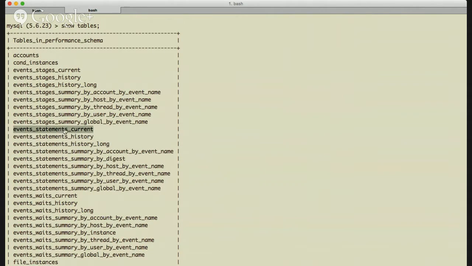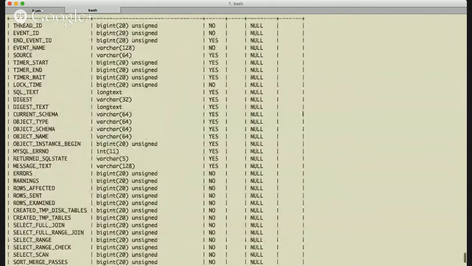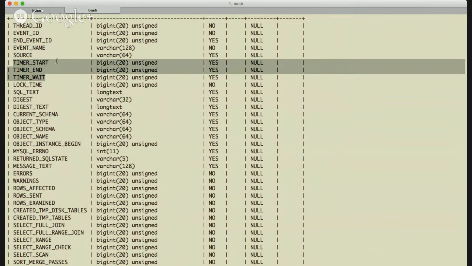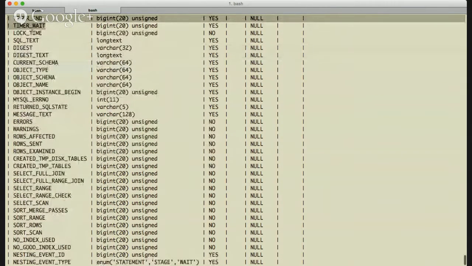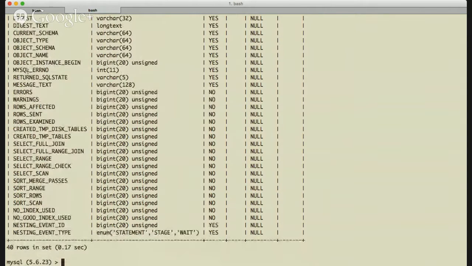So to see what you get on a statement, this is the kind of data that you get on a per statement basis. So you can see essentially who executed it, some event IDs which are used to track it, the type of thing, so whether it was a select, a delete, a com ping, whatever it might have been. The timing information, so how long it took, when it started and ended, in picoseconds. And then a whole bunch of statistics about the actual thing, right? So how long lock time took, the SQL text for the actual statement itself, a digest, which I'll get onto in a little bit, what schema it was on, whether it returned errors or not, and the message that it returned if so,